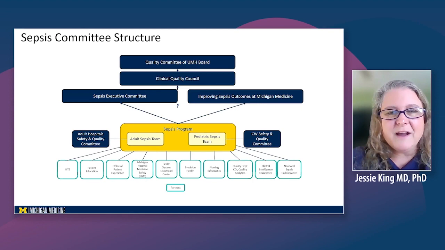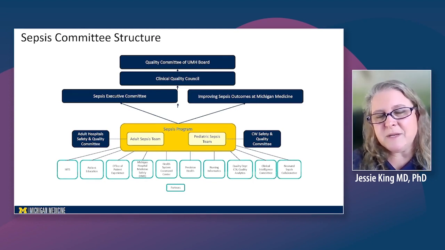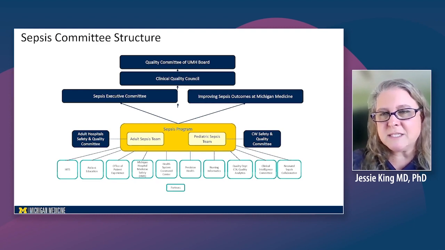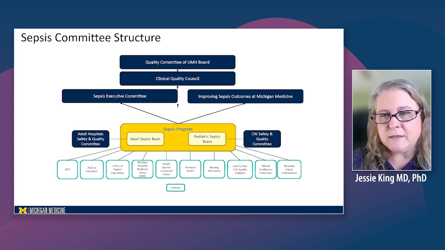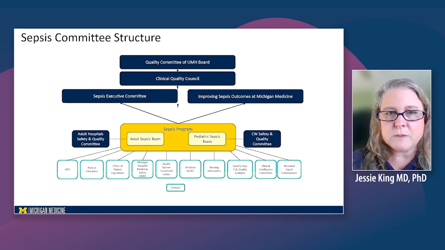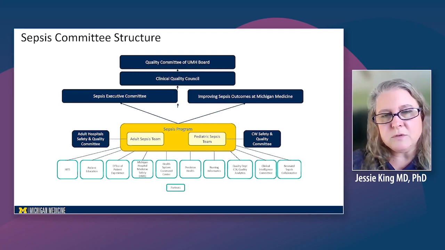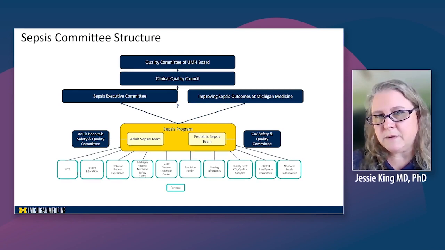We also have an advisory committee that we call ISOM, which is Improving Sepsis Outcomes at Michigan Medicine. These are key stakeholders and leadership across the institution from varying departments, including people who chair phlebotomy and who chair radiology. We have quarterly meetings with the ISOM group, where again, we are able to provide updates and bring barriers and see our way around and through and over those barriers. And as I said, ultimately we report up to the Institutional Clinical Quality Council and through them to the Quality Committee of the Board of the hospital.